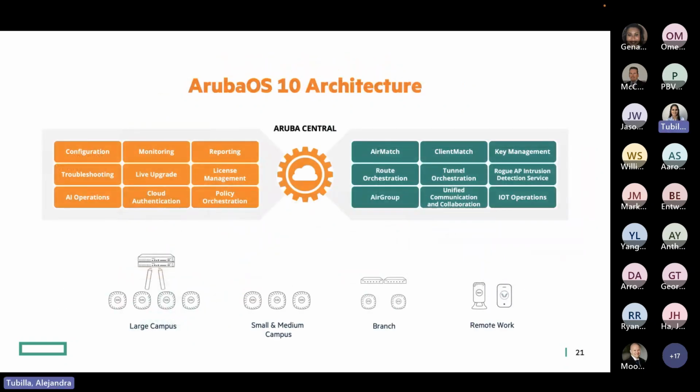What we're doing basically is we're taking all the different functionalities that our virtual controllers and our controllers were doing, things such as AirMatch, ClientMatch, key management for roaming purposes, AirGroups, everything like that that was done on-prem by our different devices, and taking it onto the cloud, and Aruba Central is taking that workload. So we're not only doing configurations and monitoring and troubleshooting and reporting from Aruba Central, but we're actually taking these different tasks from our on-prem devices onto the cloud,